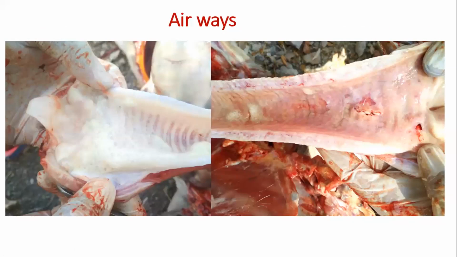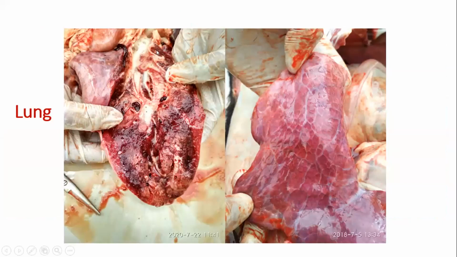Here after cutting open the thoracic cavity, we should go for the trachea, opening of the trachea. You can see something is accumulated in the trachea, so we have to cut open the trachea from its opening towards the bronchial tree. So here the cut opening of the trachea. Here the bronchial trees are there. So here we have to cut open the bronchial tree, go much deeper, so we can identify